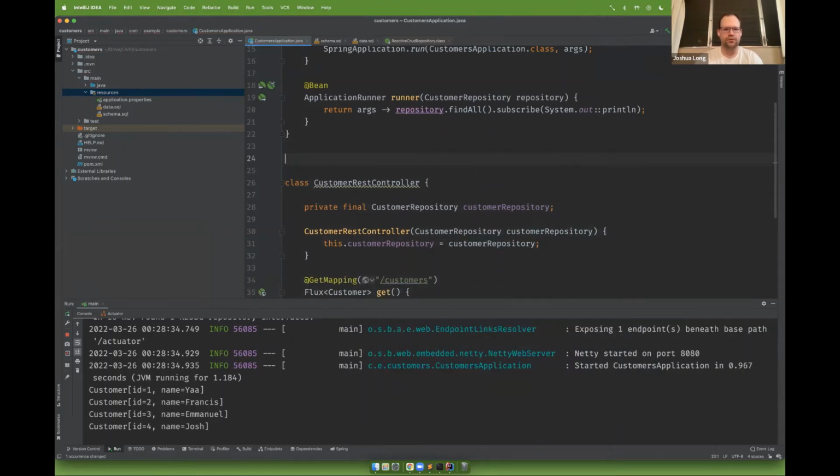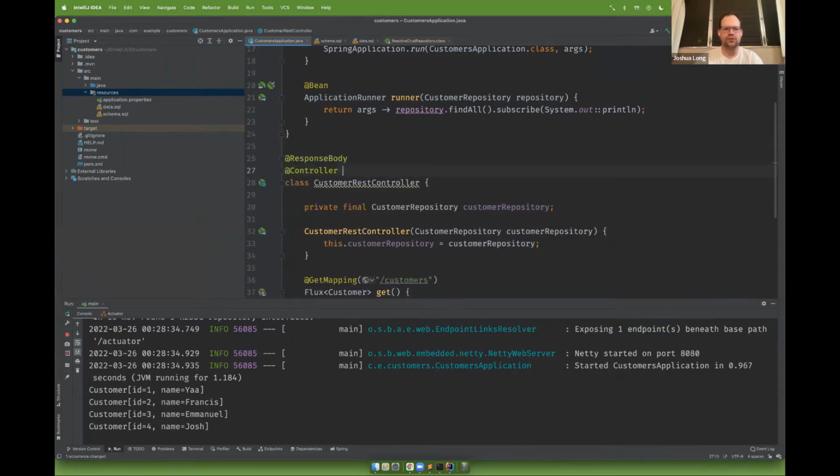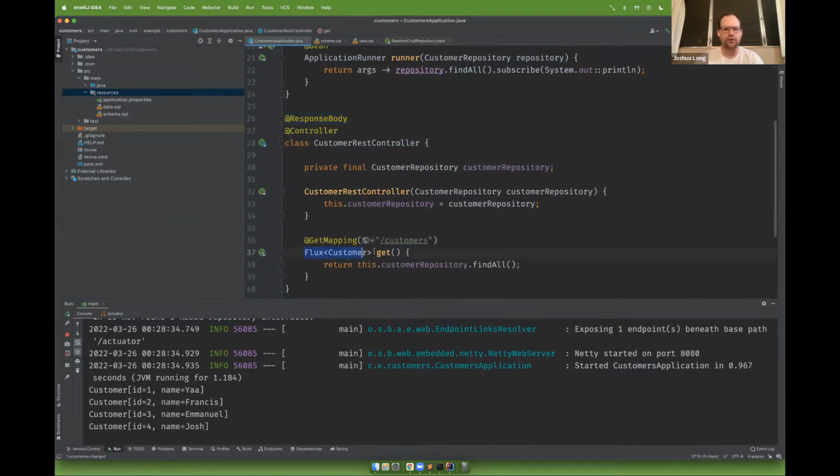It's going to be @ResponseBody and @Controller. These annotations tell Spring that this is an HTTP endpoint and that the return value of each controller handler method